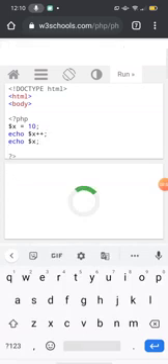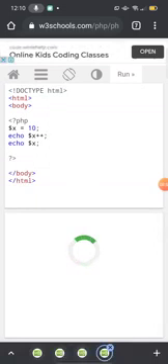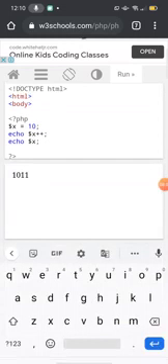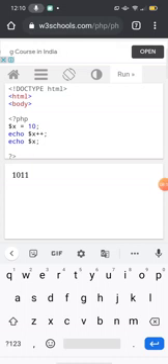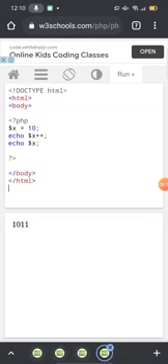Now let us run this practical. After 10, 11 is printed. Okay, after 10, 11 is printed. Why? Because I have not given br. If you give br, then it will be printed on the next line. Why 11? Because the incremented value 11 has been printed. Now understood? Okay, this is the use of the pre-increment and post-increment operators.